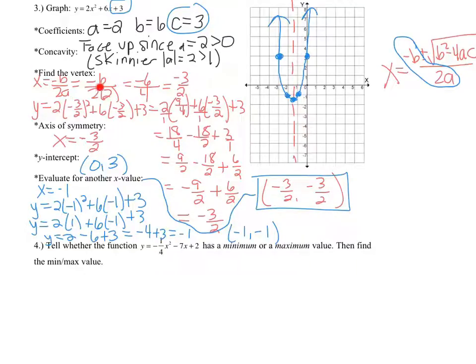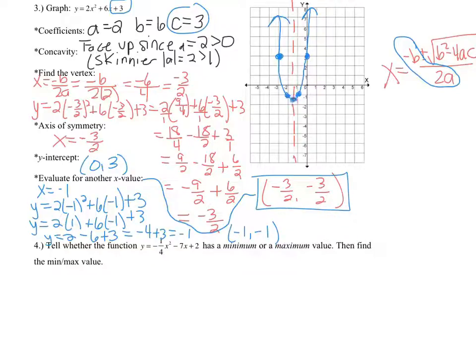So in our case, B was 6, and so we do the opposite of it, -6, divided by 2 times the a value, which was 2. So we got -6/4, which reduced to -3/2. Plug it into your original equation in place of all your x's. Follow the order of operations and solve to find the y-coordinate so that you have the coordinates of your vertex